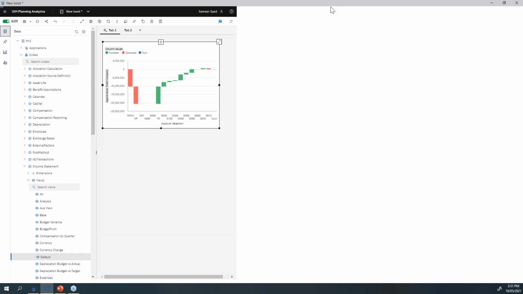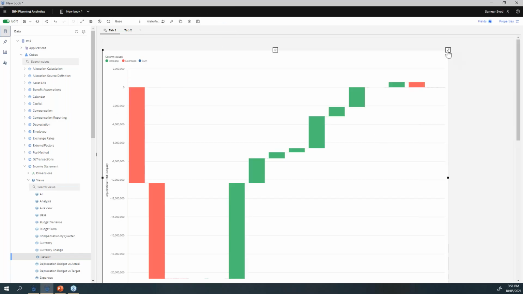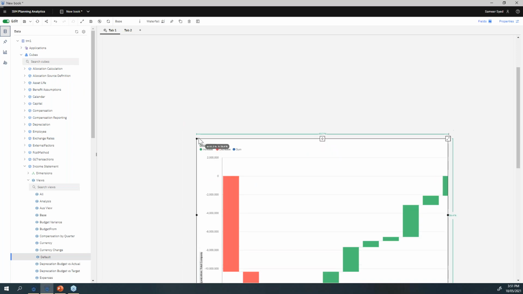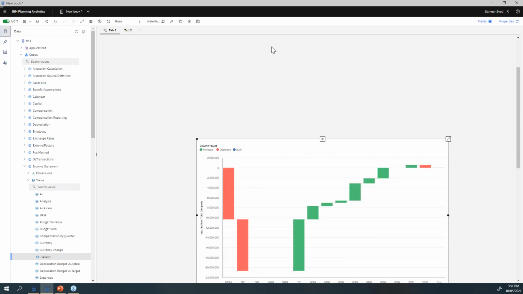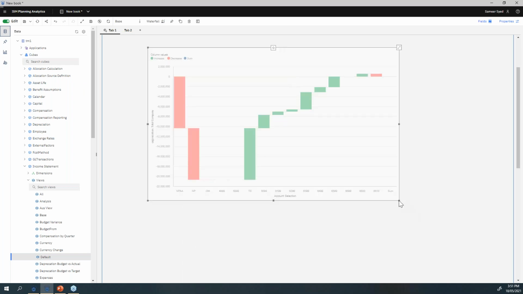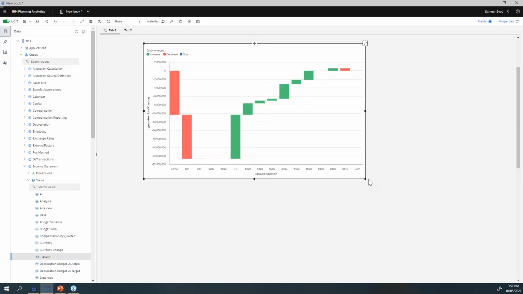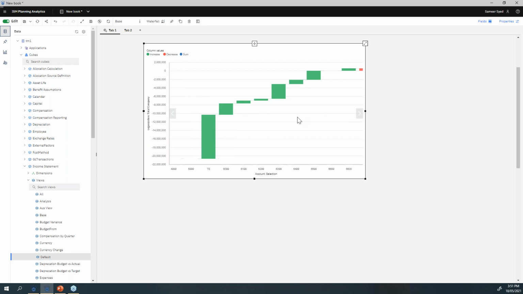So maybe I'll just zoom in a bit more. Right. So as you can see, when I resize, it fits in nicely within that window. And also, if you are in this area, you can use your scroll up and down to zoom in as well.